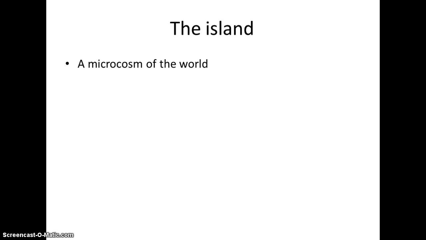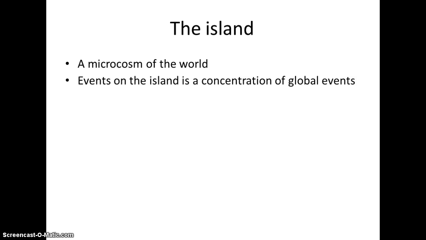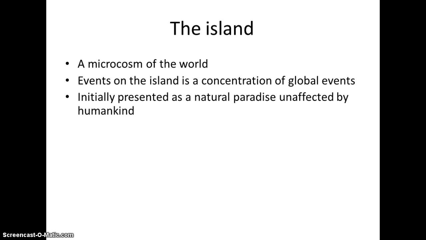So the island, as I said, is a microcosm of the world. Everything that happens on the island is this concentration of global events. So the tribal war that they're having between Jack and Ralph, and the events that are going down, the breakdown of order. Golding is saying this is happening in society. Remember, he would have seen the First World War. He saw the Second World War. This was written in the 1950s. There's the Korean War going on, and this threat of the Cold War. So he was seeing that we're always fighting with each other.